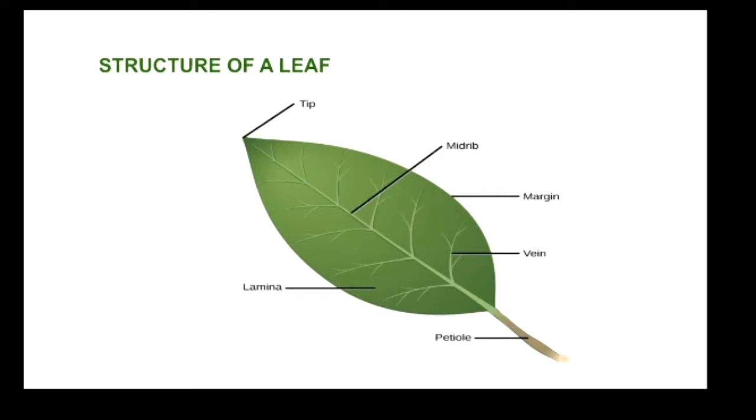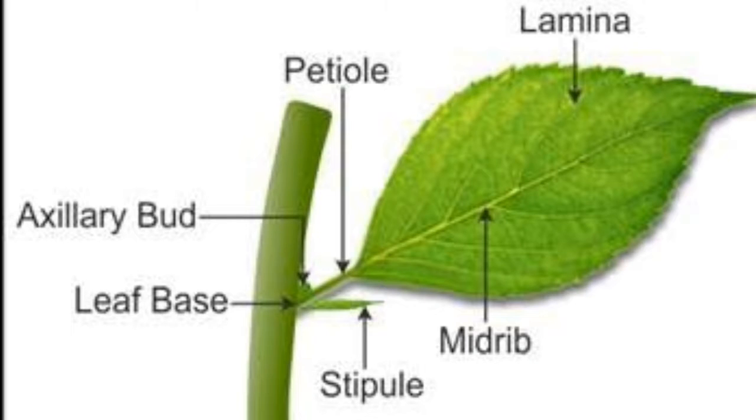So far we have discussed root and stem. The next part we have to discuss is leaf. At first we are going to study about its structure. A typical leaf consists of three parts. They are leaf base, petiole and lamina. The basal part of the leaf that connects it with the stem is called leaf base. Then petiole. The stalk of the leaf is called the petiole.